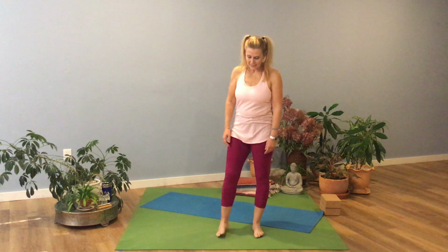Bring it back in to crane, home pose. Feeling really connected to your center. Great. Slowly bring that foot down. Excellent. Stand wide, circle it out,